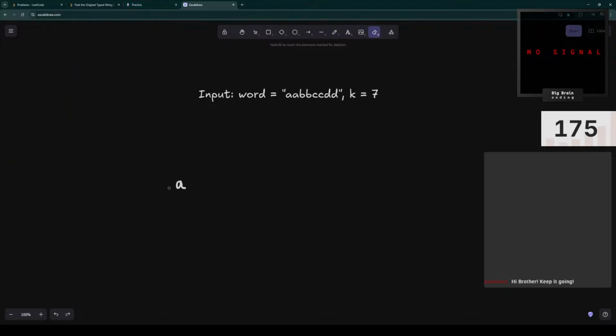So one simple base case here is when the length of word is less than k, then there is no possible way, right? Return 0. When it is equal to k, we cannot delete anything, so it is just as it is, so return 1 there. Now when it is greater than k, okay,